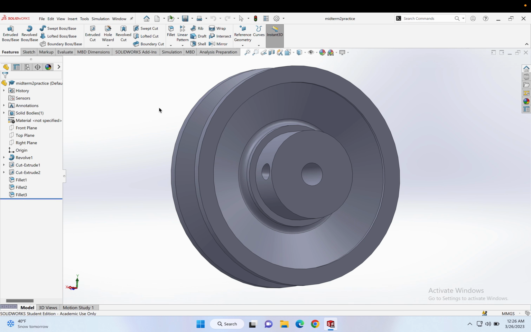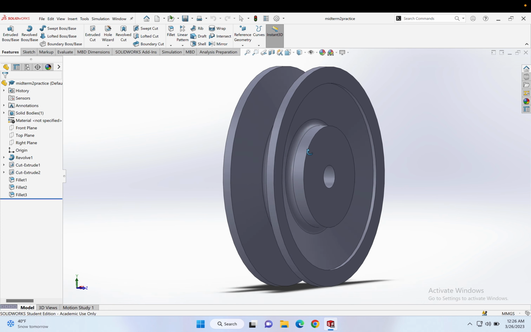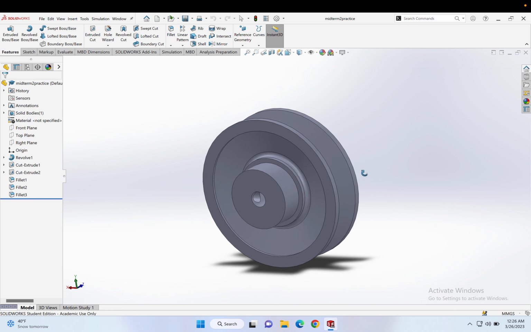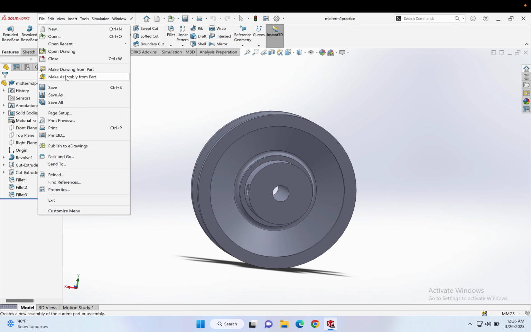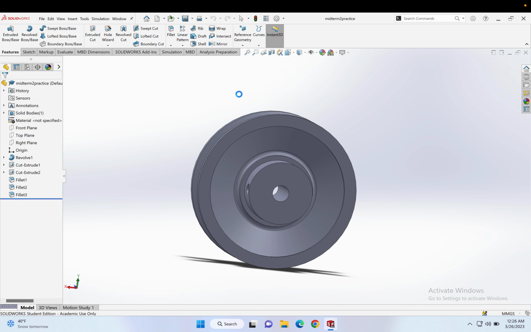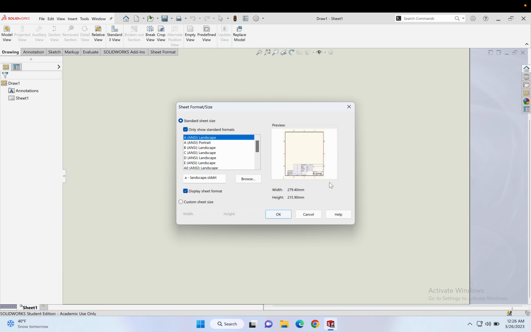All right, so basically, what we're gonna do here is make a drawing for this pulley part, right? So, what we do is we go to File, make drawing from part. You'll probably know this already. And then usually you should have the template downloaded. I don't know if I have it downloaded here, but let me see,